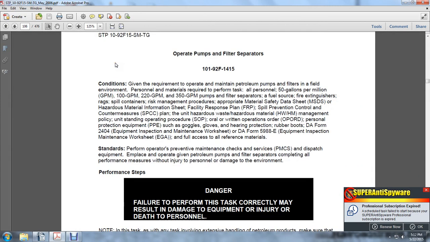Operation of pumps, filters, and separators. Give the requirements to operate and maintain petroleum pumps, filters, and fuels, including the environmental, personnel, and materials required to perform the task. All personnel: 50 gallons per minute (GPM) or 100 GPM, 220 GPM or 350 GPM pumps, filter separators, fuel source, fire extinguishers, rags, spill containers, risk management procedures, appropriate material safety data sheets, hazardous material